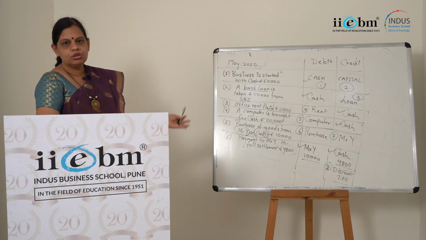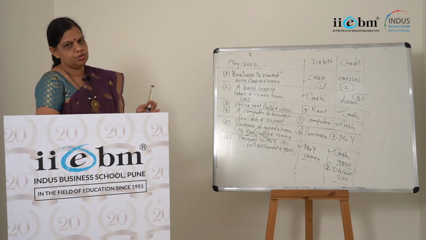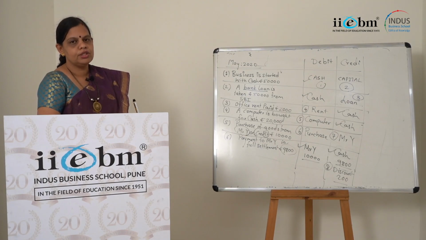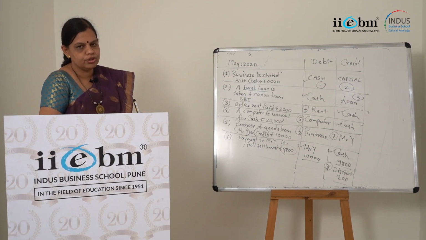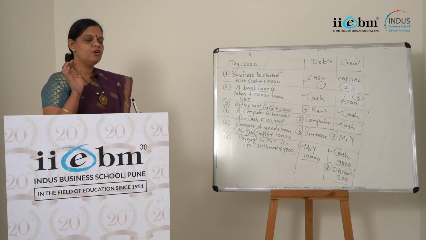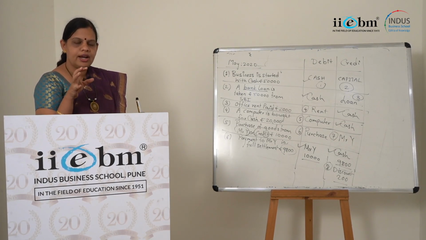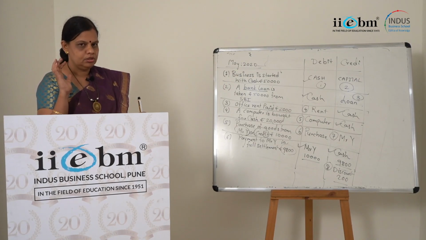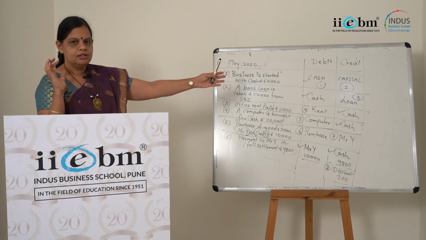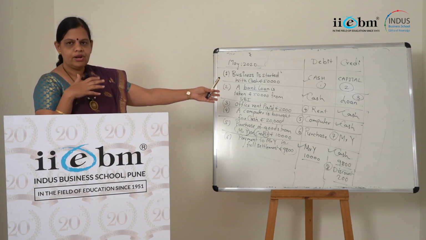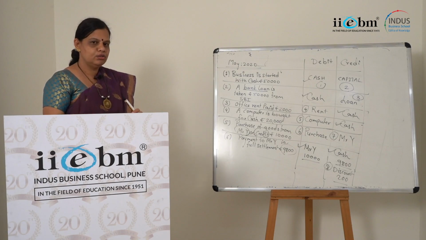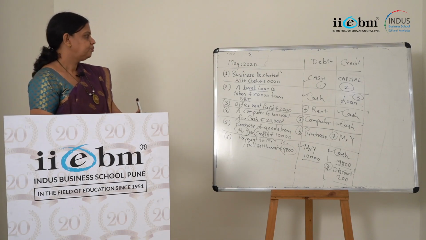Now if you have understood this basic part, we can move to the next part, right? Whenever the problem is of ledger accounting, remember there is no need of passing any journal entry. You just identify the debit and credit part correctly and then proceed, right? So you can make 2 columns in the rough like this: debit and credit, and then you can proceed, okay?